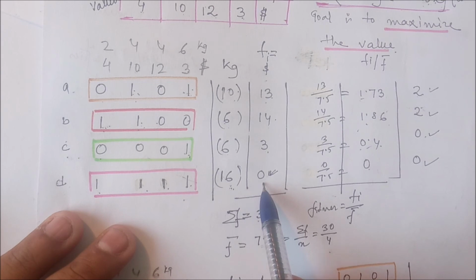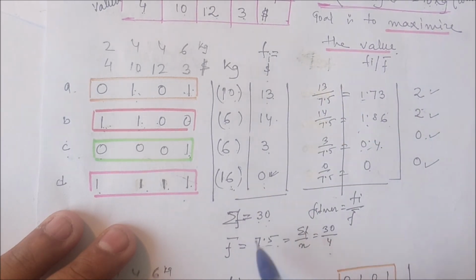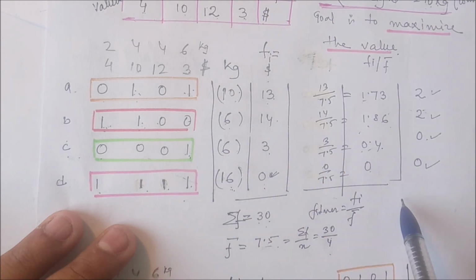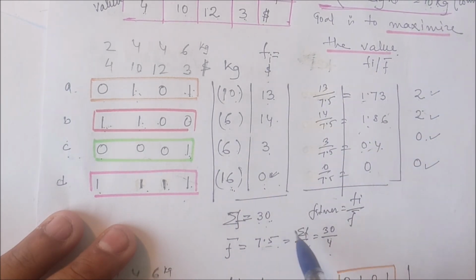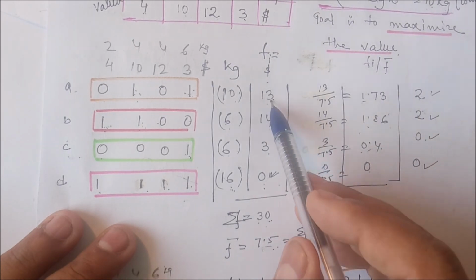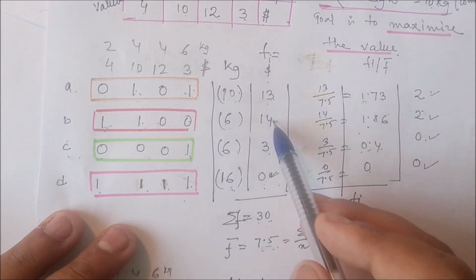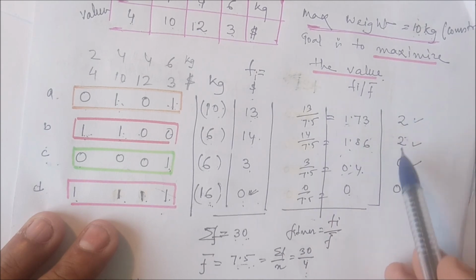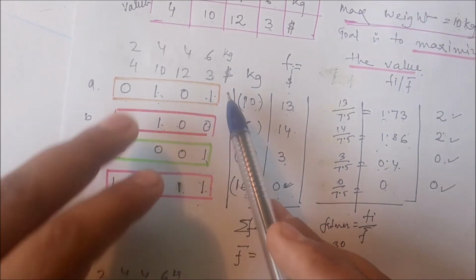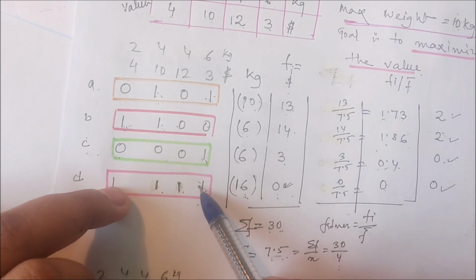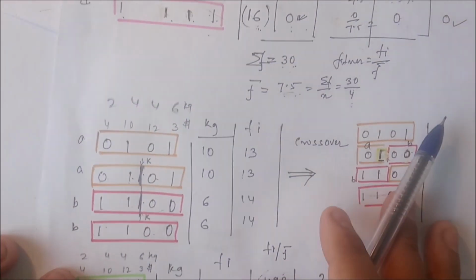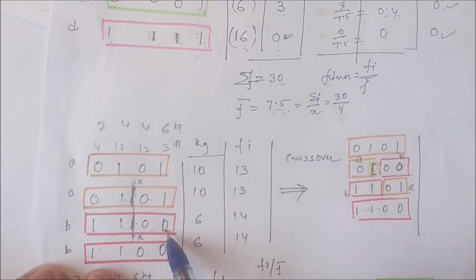उसके बाद फिर क्या करेंगे, इसका समेशन करेंगे, इसका एवरेज निकालेंगे, और हर क्रोमोसोम का फिटनेस निकालेंगे। ठीक है। तो इसका एडिशन हो गया 30, और इसका एवरेज हो गया 30/4 दैट इज 7.5। फिटनेस कैसे निकालेंगे, 13/7.5 दैट इज 1.33, 14/7.5 इट इज 1.86 एंड सो ऑन। नियरेस्ट इंटीजर क्या होगा, इसका 2 होगा, इसका 2 होगा, इसका 0 होगा, इसका 0 होगा। इसका मतलब ये क्रोमोसोम 2 बार लेंगे, ये क्रोमोसोम 2 बार लेंगे, इसको नहीं लेंगे, इसको नहीं लेंगे, तो A जो है 2 बार ले रहे हैं, B जो है 2 बार ले रहे हैं, ठीक है।